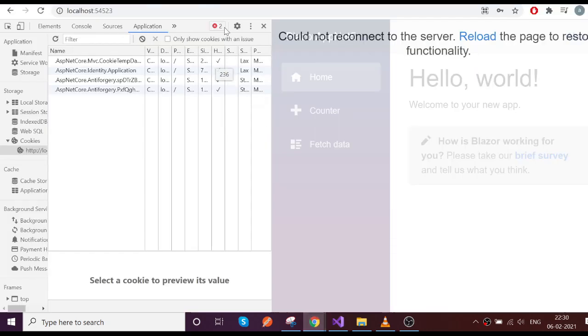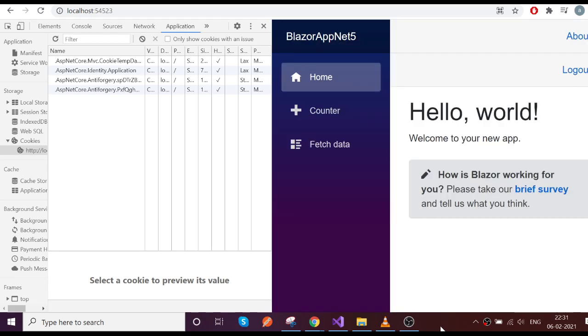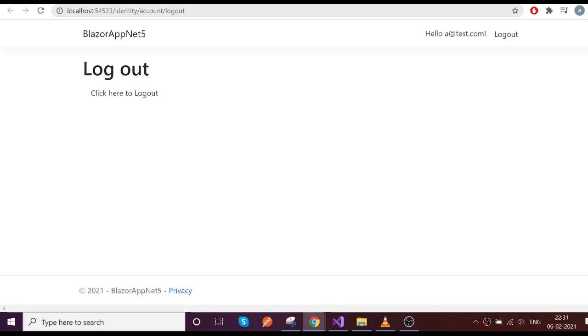Okay, cool. Now on click of the logout, it will take me to the logout page.